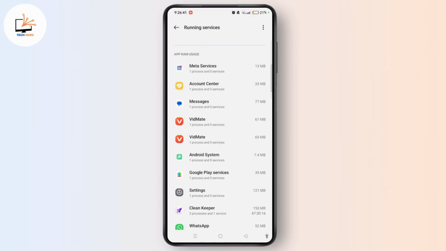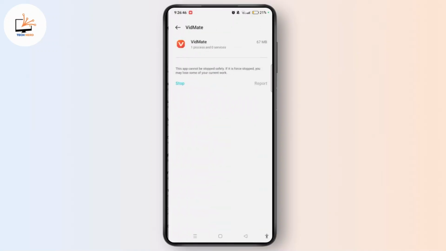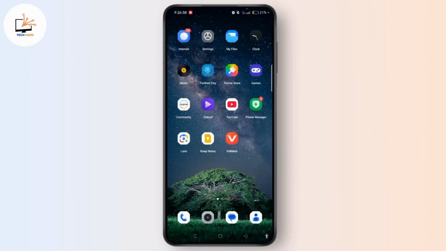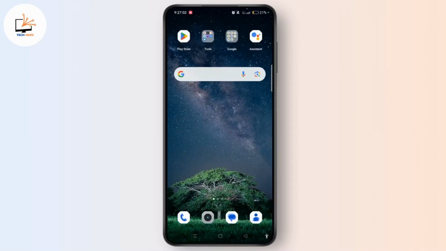If you want to stop background apps running on Android, let's say Vidmate, open it and here you can tap on the Stop button. You may lose some of your current work, and it will stop background apps running on your Android. Also, the next method is simply you can tap on the display or the recent icon